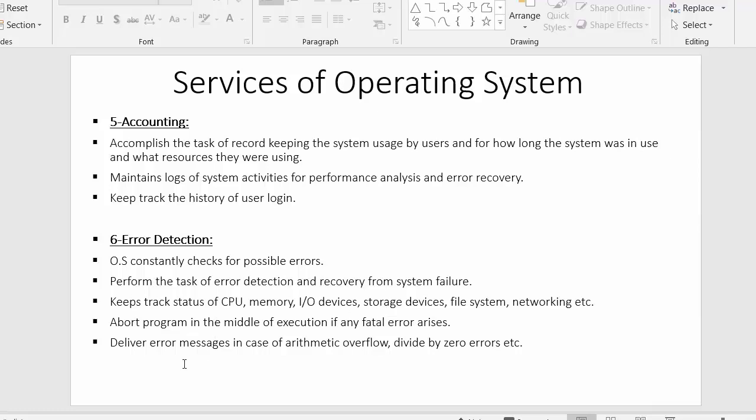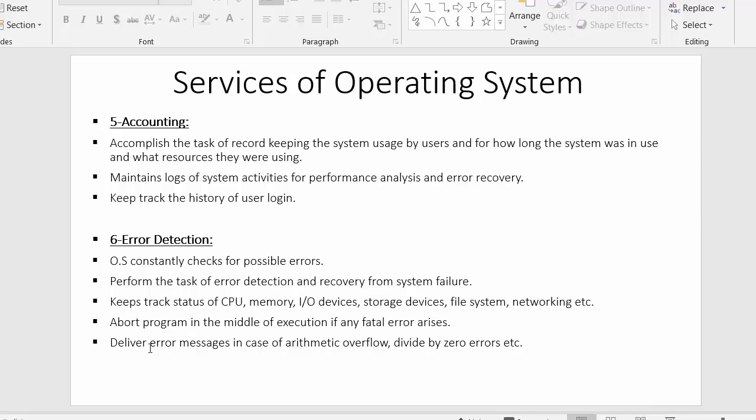Next point, abort a program in the middle of execution if any fatal error arises. The operating system needs to abort a program in the middle of execution if something goes wrong, so that other processes will not find any difficulty due to the failure of other processes or programs. Last point, deliver error messages in case of arithmetic overflow and divide by zero errors.